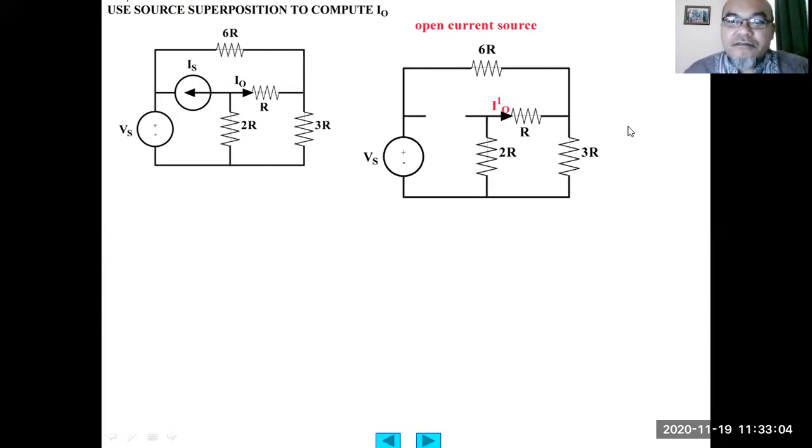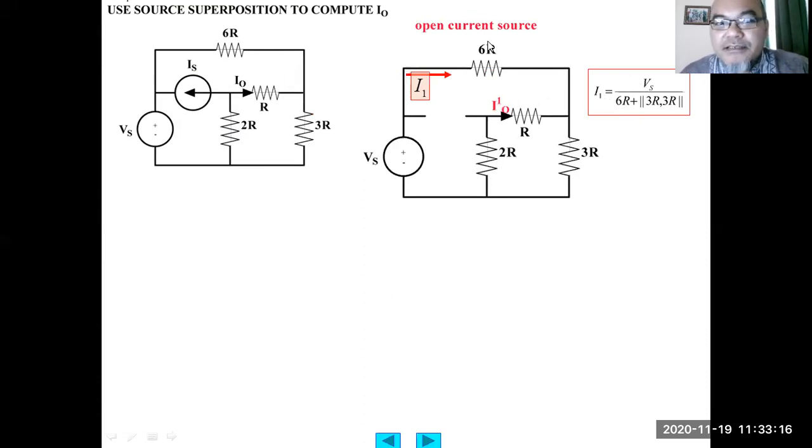So this is basically a voltage divider, right? The current flowing through this I1 can be calculated by first calculating the equivalent resistance of the whole system. I1 equals Vs divided by 6R here plus this one, which is 3R in parallel with 3R, because this R is in series with this 2R. So 3R in parallel with 3R. Okay. So from here we obtain IO due to the contribution of the independent voltage source equals negative I1